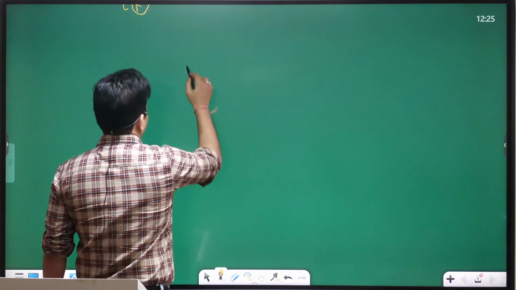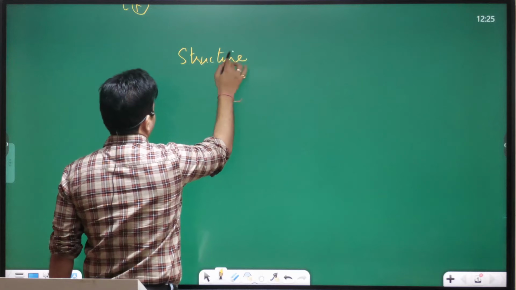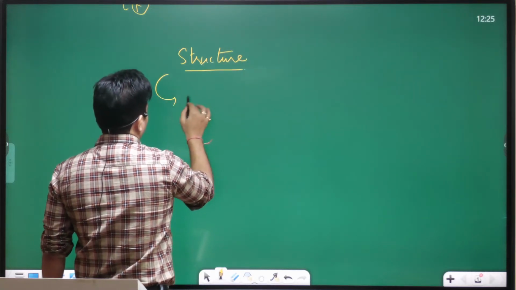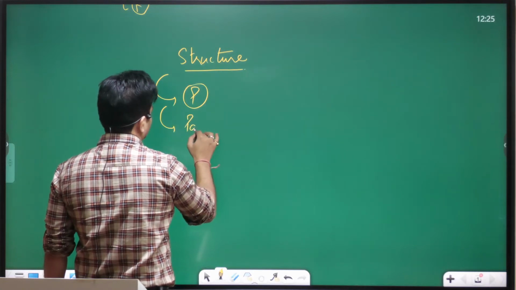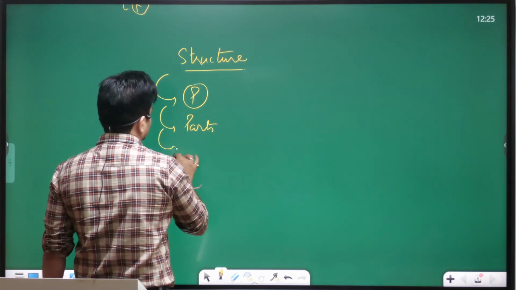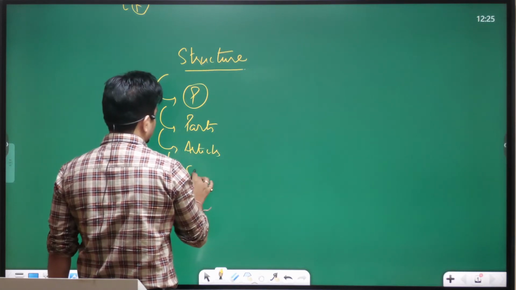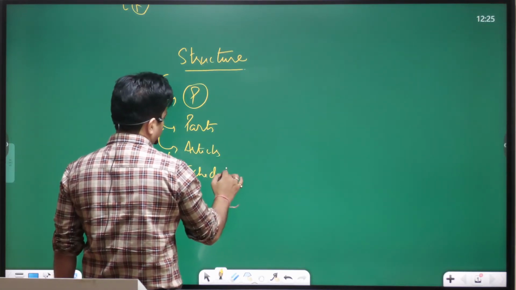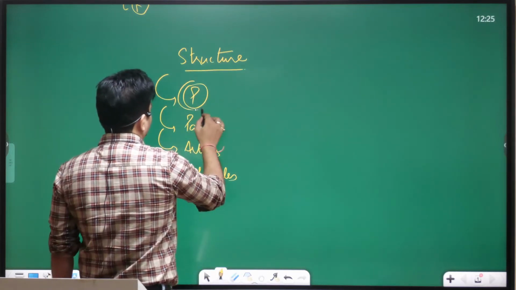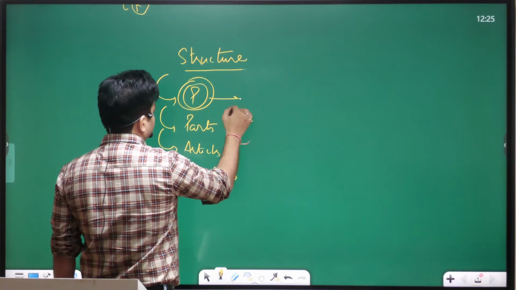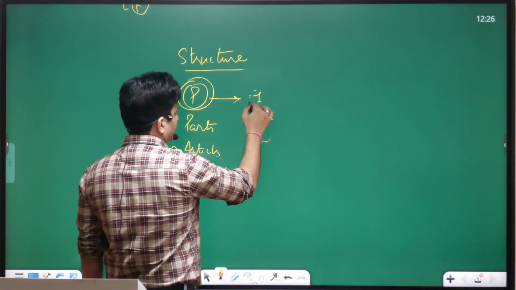सो इफ यू लुक एट द स्ट्रक्चर ऑफ द कॉन्स्टिट्यूशन जो ओरिजिनल में हमें मिला था, उसमें क्या था सभी लोगों को पता है। एक प्रीएम्बल था, कुछ पार्ट्स थे, आर्टिकल्स थे एंड शेड्यूल्स थे। प्रीएम्बल तो एक ही है, सही बात है कि नहीं, और एक ही बार अमेंड हुआ है।